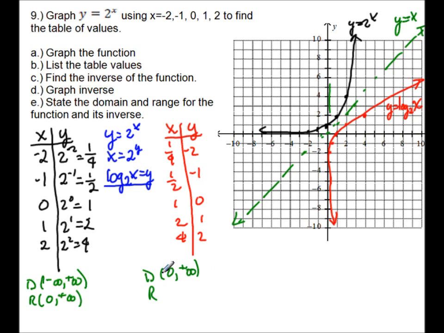And our range, as we move up, our range keeps getting bigger and bigger, and as we go down, our range keeps getting smaller and smaller, and there's no values that y won't be. So we say it's negative infinity